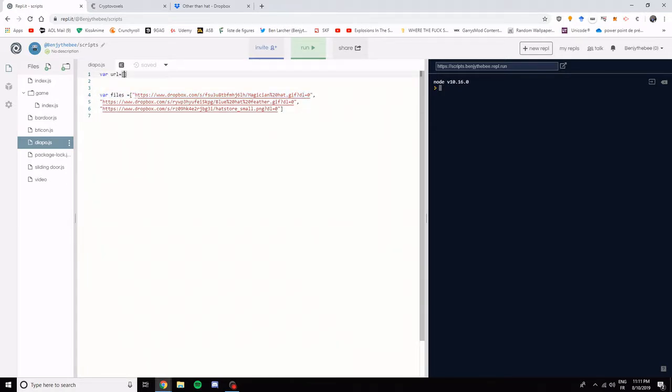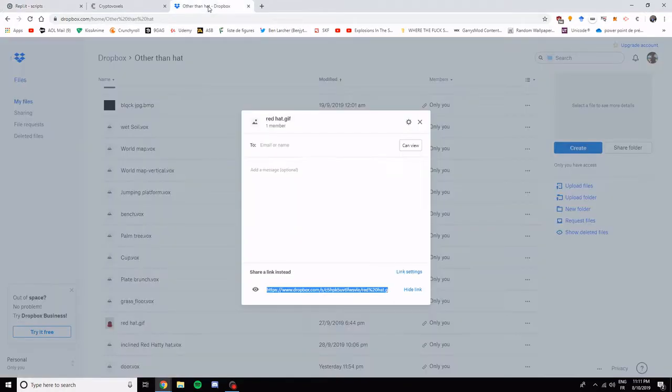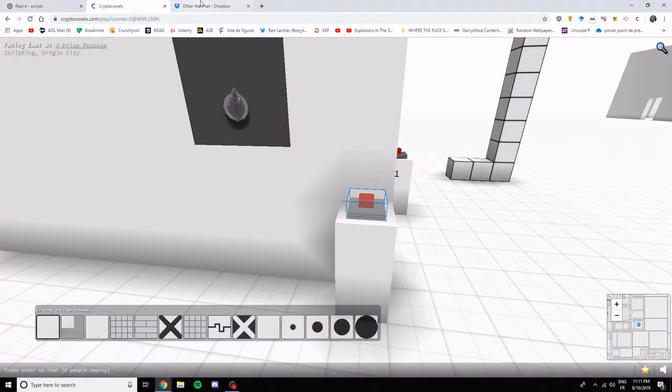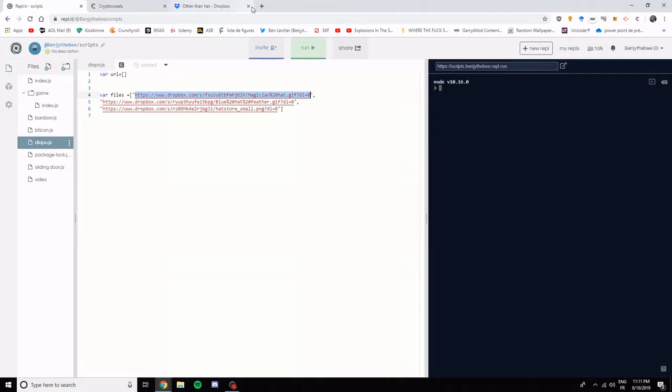So I've got a string for the URL of all my pictures. As you can see, this is using Dropbox. I've got another link that I want to add. So if I want to add it to this list of files, I go comma, quote, and I paste my link. So now I've got four pictures